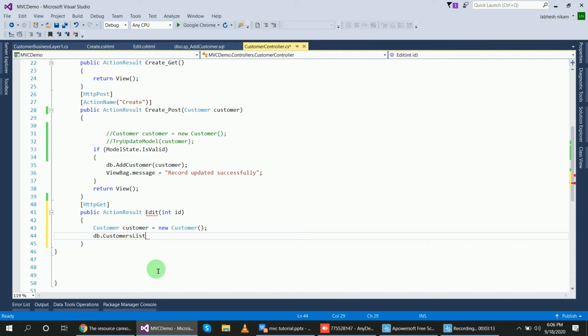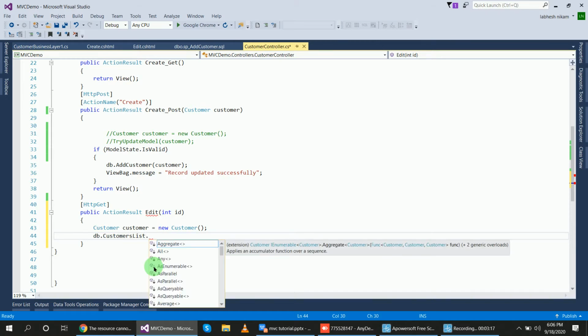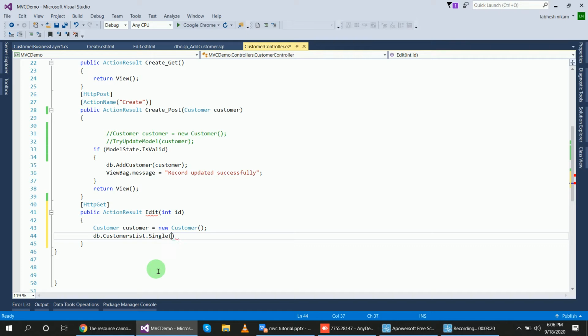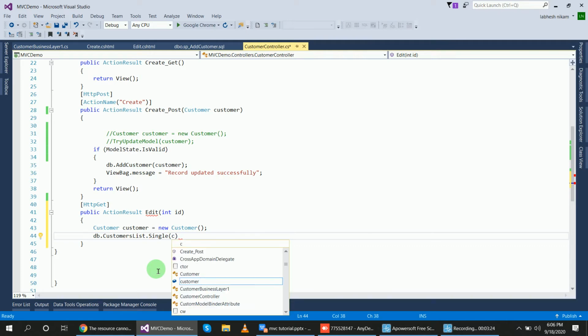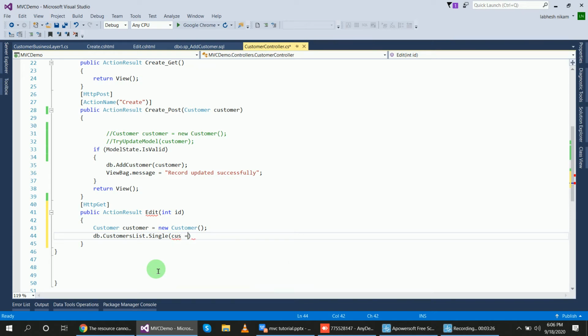Customer is my class name, so Customer object equal to new Customer, and using db.CustomerList, the list is my method to display all the employees. db.CustomerList.Single, here you will use a lambda expression, cus => cus.CustomerID equal to the parameter I have passed, ID.